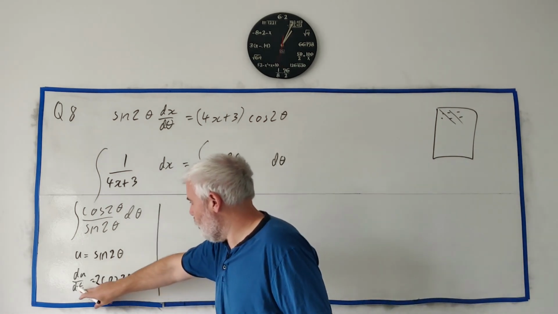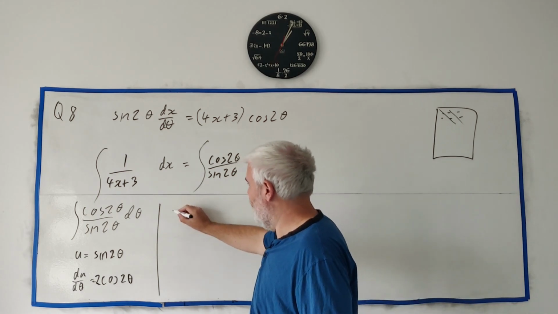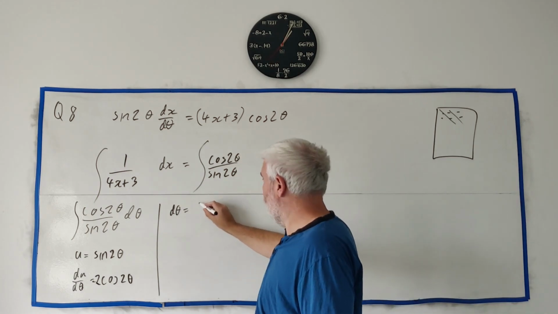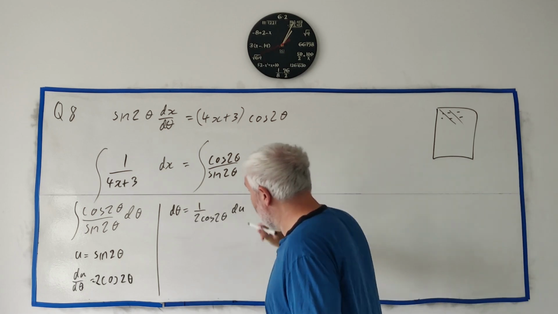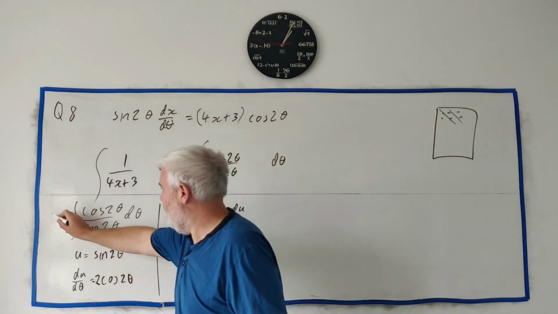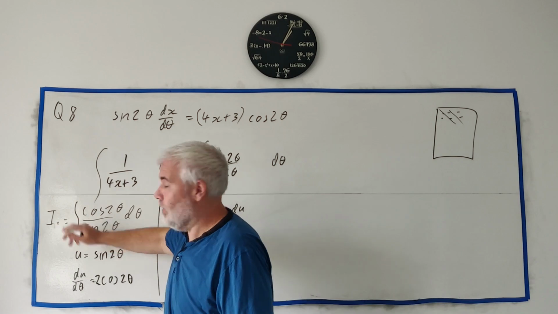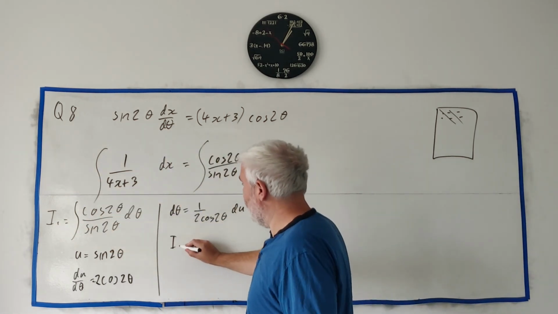And that means if we rearrange this, that's a theta, not a t. If we rearrange this, we would get d theta is equal to 1 over 2 cosine 2 theta times du. So if I try to replace this original thing we had here, we'll call it I1, because I'm going to have a few more I's. This I1 here, this integral 1,